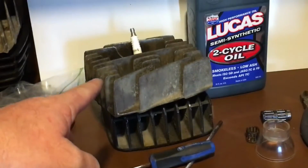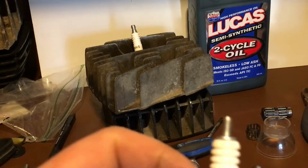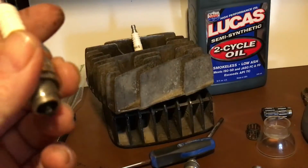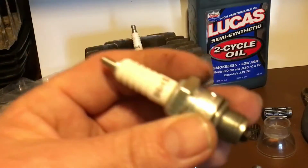To avoid having to repair a head like that, it's real simple. Torque the spark plugs. Get rid of these ones, go with the black ones. Torque them down to 18 to 22 foot-pounds. Anywhere in between there. You can go 20 pounds, you can go 21 pounds, you can go 19 pounds. Just torque your spark plugs. Save yourself the aggravation of